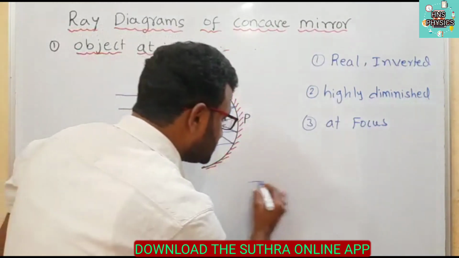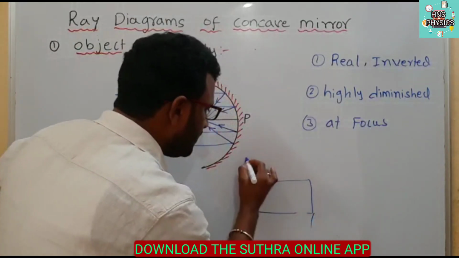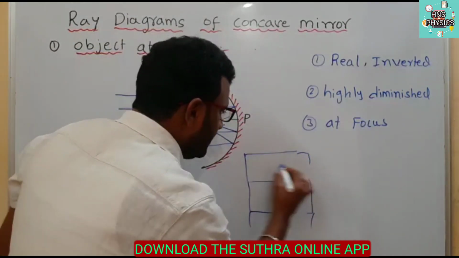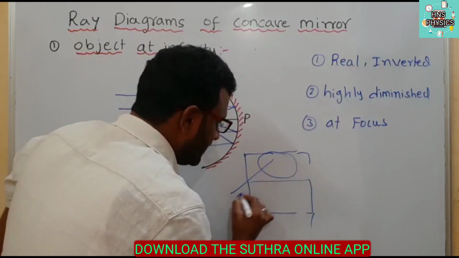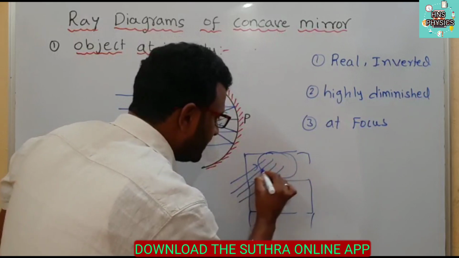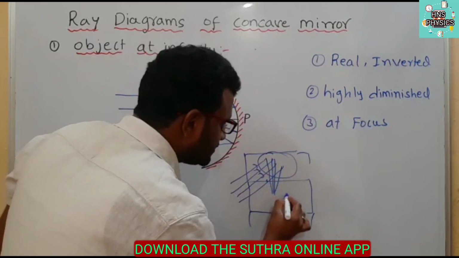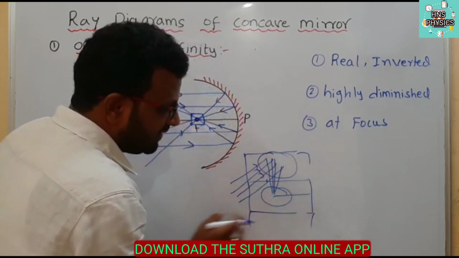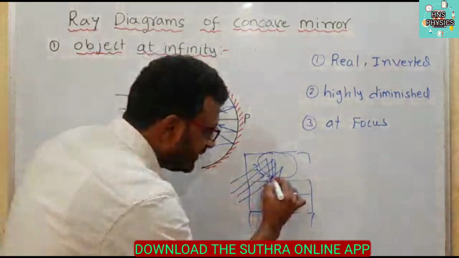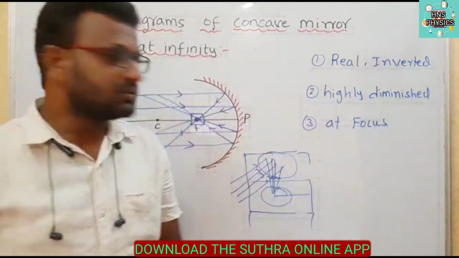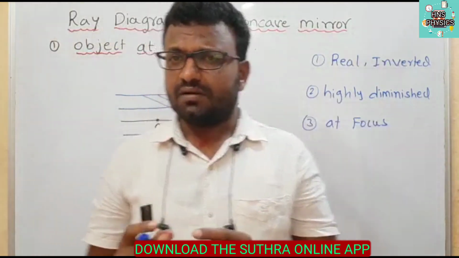So how will the solar cooker be? Generally it will be like this. If you arrange one concave mirror, when the rays are incident on the concave mirror, after the reflection these reflected rays meet at one point. If you place a frying pan or bowl here, due to that heat energy it is going to become cooked. Based upon this principle, the solar cooker works. Yes, this is the first one.